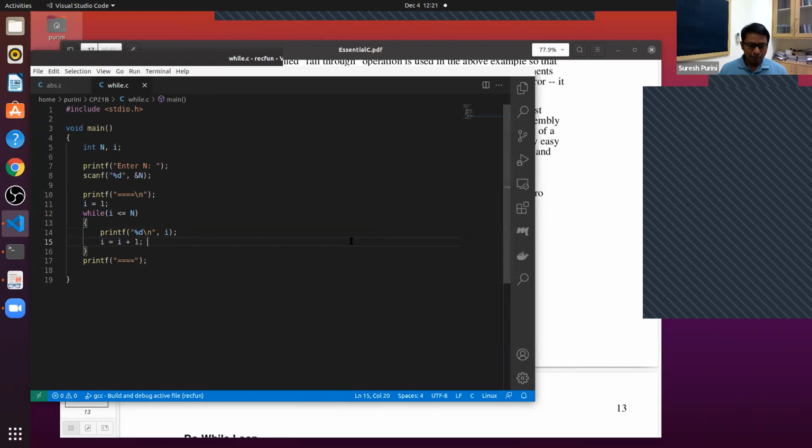In C++ and in C, we can write this statement i equal to i plus 1 in a couple of variant ways. One variant is ++i, or i++. We will see the differences. Or i += 1. This is what is called syntactic sugar. All these are semantically the same. It's just syntactic sugar.